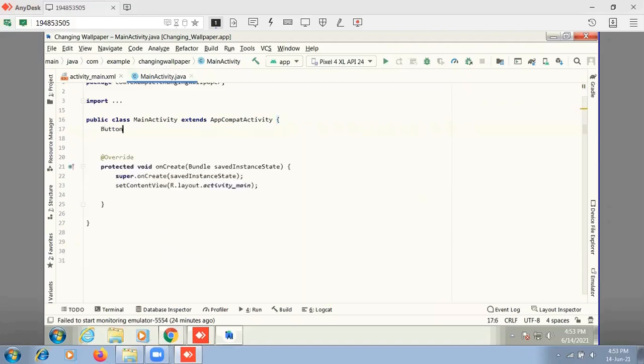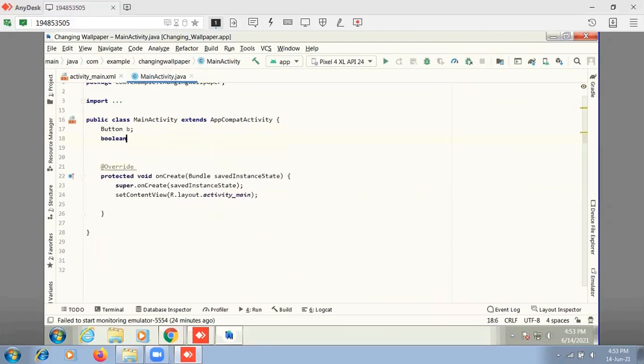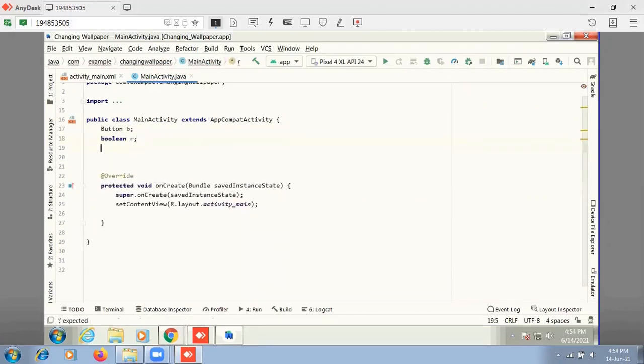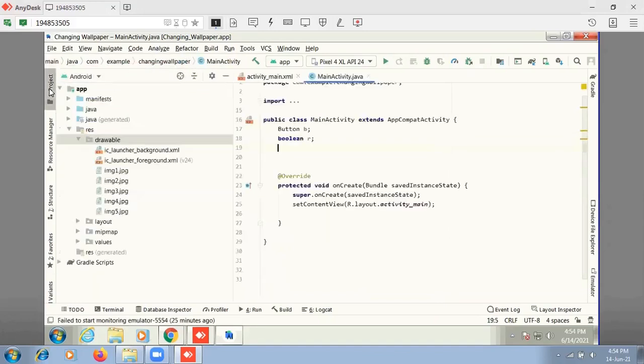So I'll be writing Button B. And to check whether the application is running or not, I will be creating a Boolean value R. And since I have to take one image out of these 5 images, I will be creating an array. I will call the image array IA is equal to new int, and here I will be initializing all these